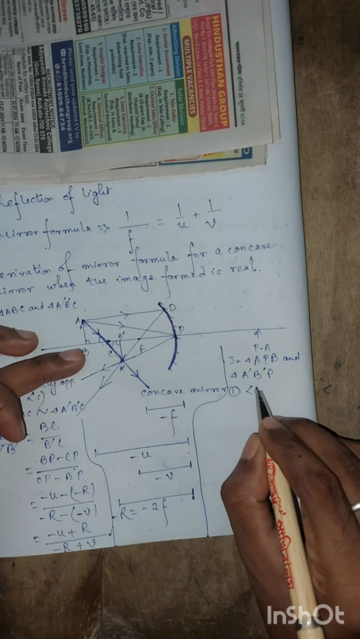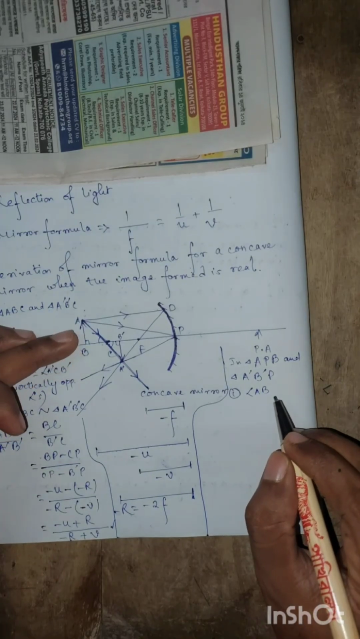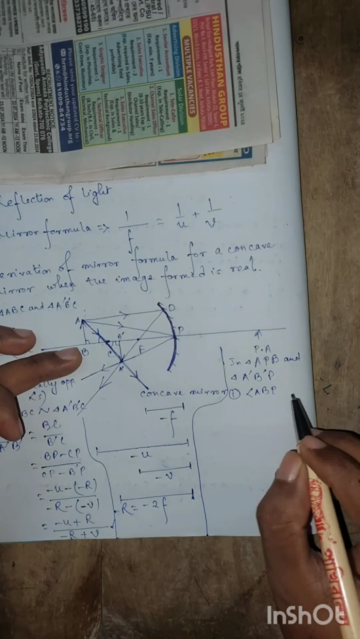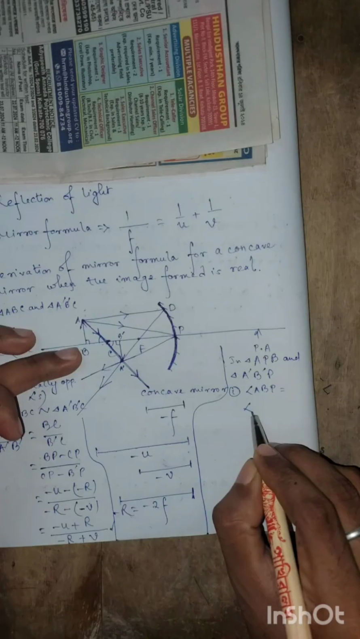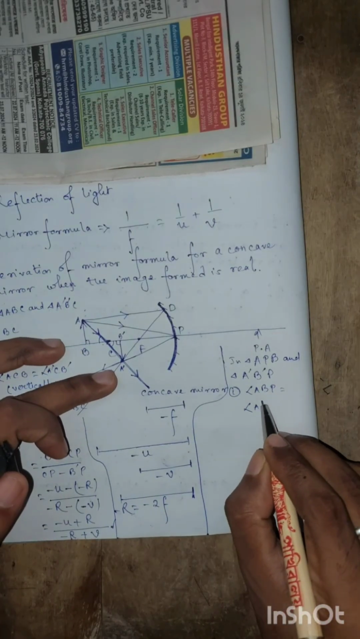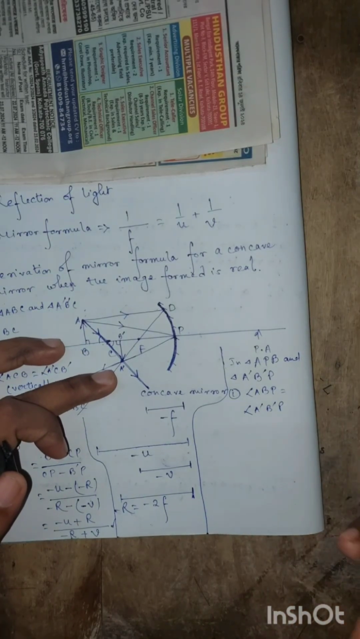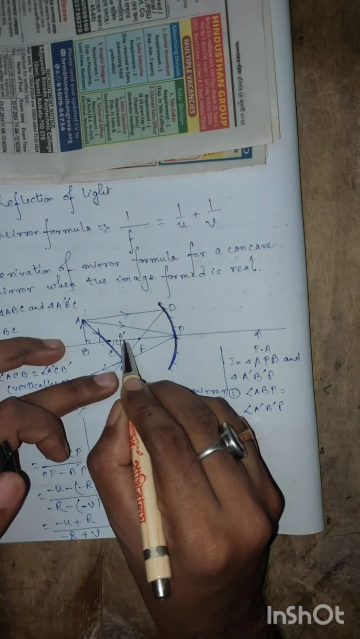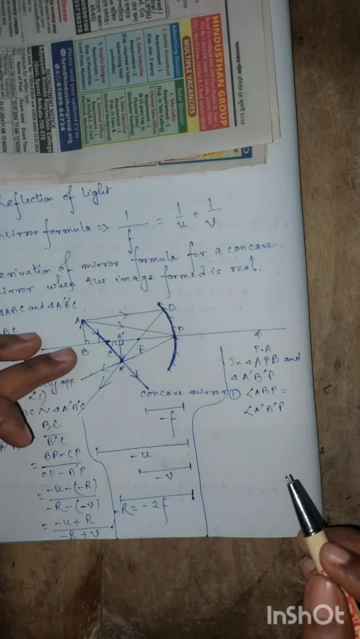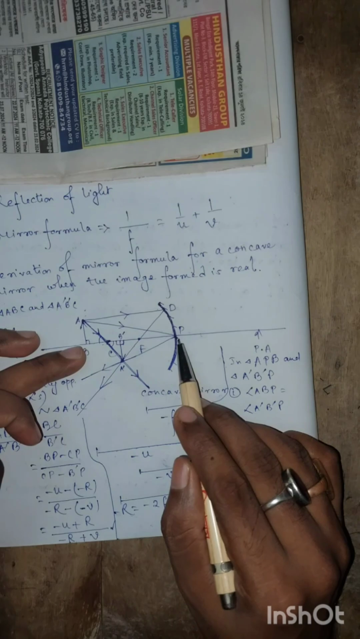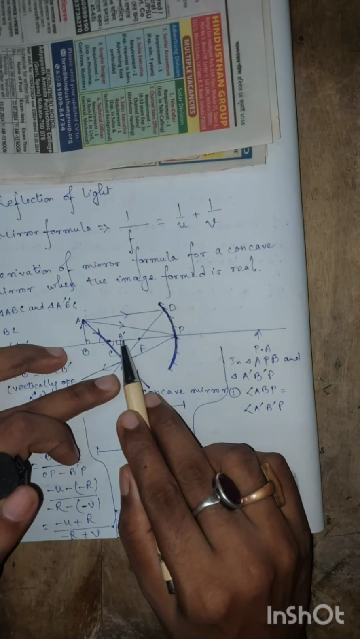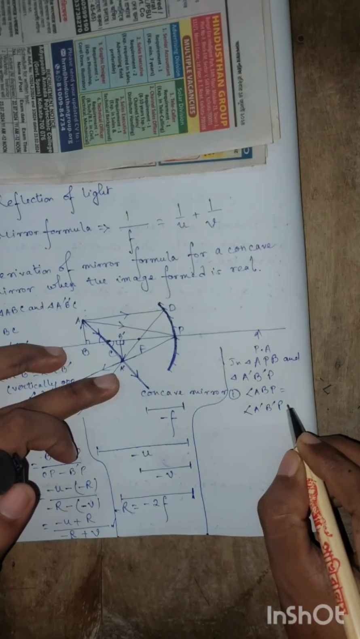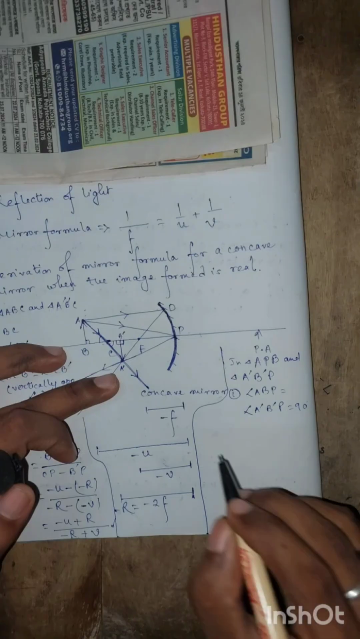angle ABP is equal to angle A dashed B dashed P. This is also 90 degrees. So angle ABP, which is 90 degrees, and angle A dashed B dashed P, which is also 90 degrees. So these two angles are equal. Number 2,